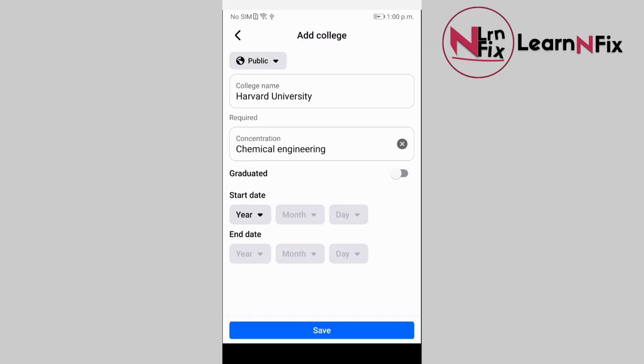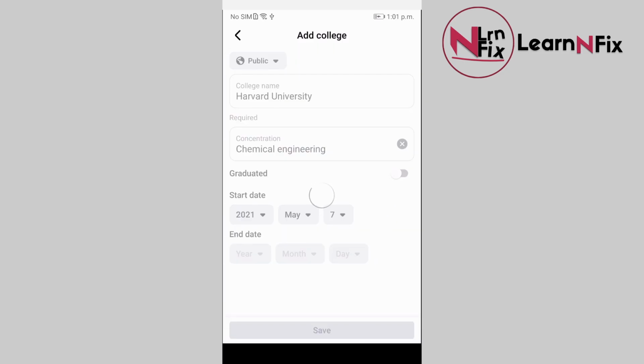And then you could also adjust the settings here, whether you have graduated or you're still studying. You could adjust the month and the date and everything. And after you finish adjusting these details, just click Save,